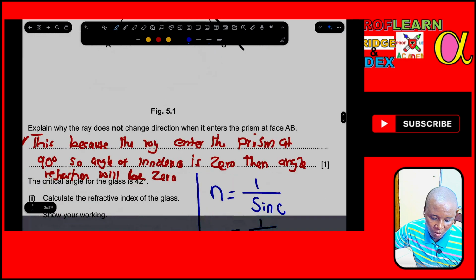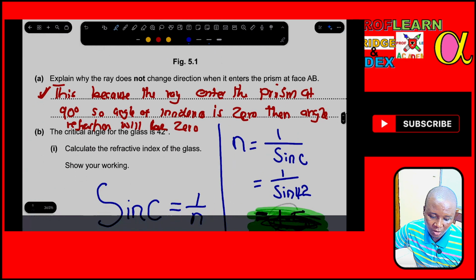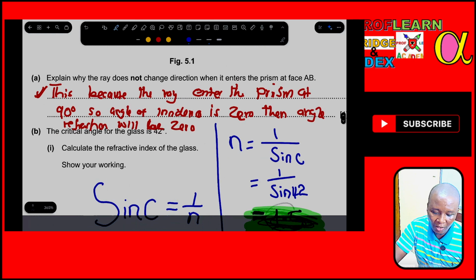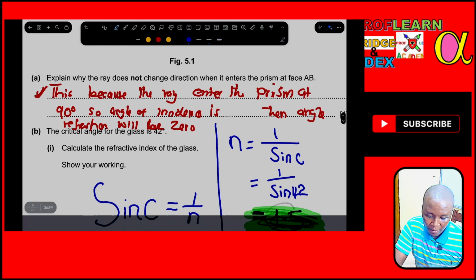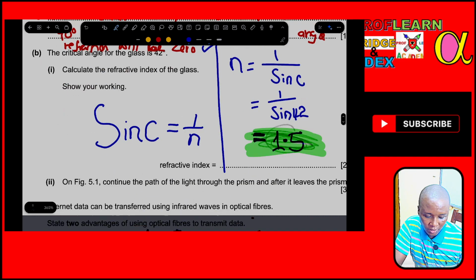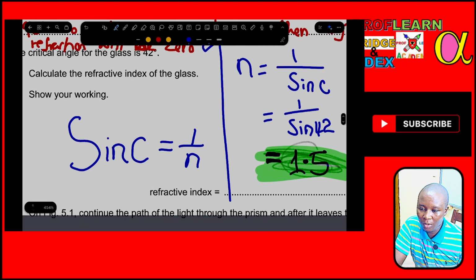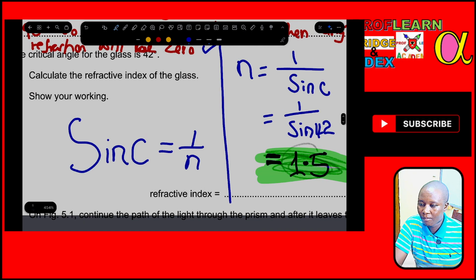Let's dive in and look at, explain why the ray does not change direction. We said this is because the ray enters the prism at 90 degrees, so the angle of incidence is 0. And if the angle of incidence is 0, then the angle of refraction will also be 0. Yeah, so that is it. Our next question was the relations between the critical angle and the